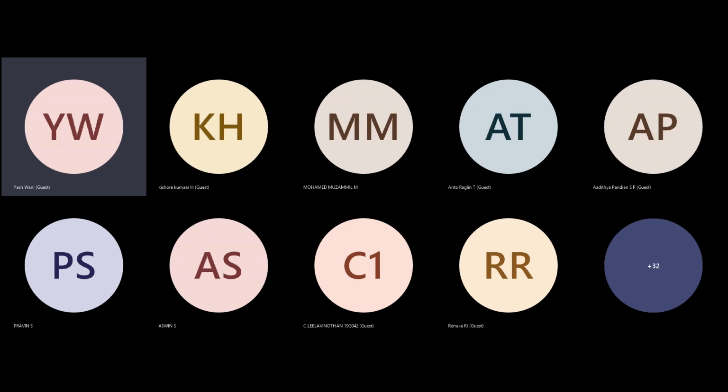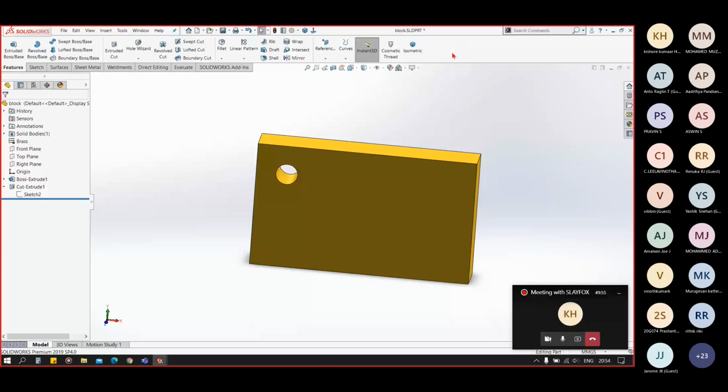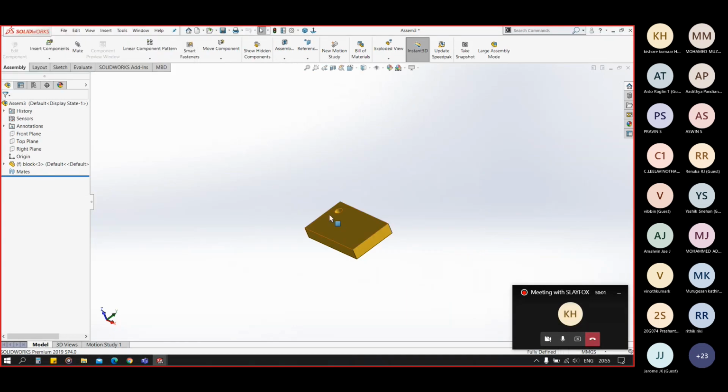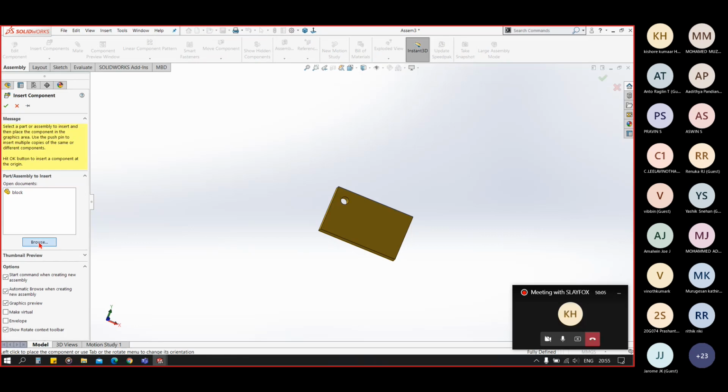Okay, now let's go to the next type, pattern driven component pattern. For that, let me share my screen. Let me insert a cylindrical block here.